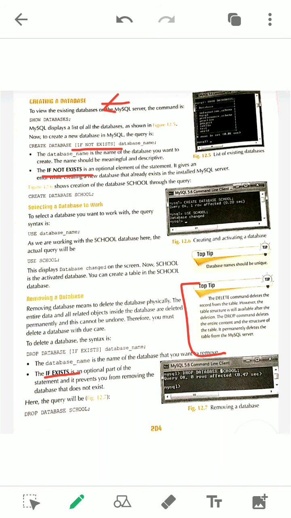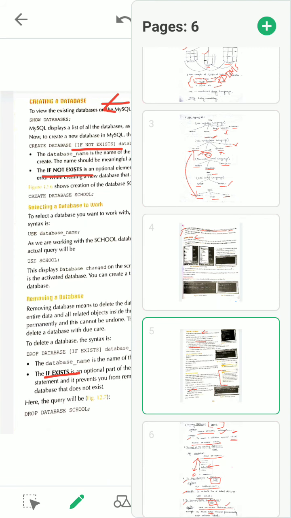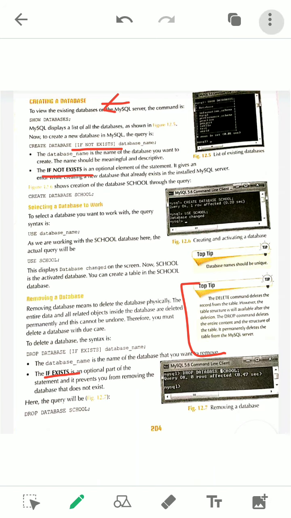So that is up to this much for today. Watch this video very carefully, write all the notes that I have explained, and mark accordingly in your book also. Don't stop practicing these things; we need to practice. Today we have simply created a database, activated a database, and deleted a database. In the remaining classes we will discuss how to create tables under the databases. Okay, so today up to this much. Thank you.